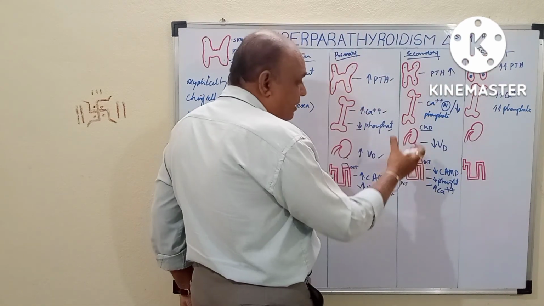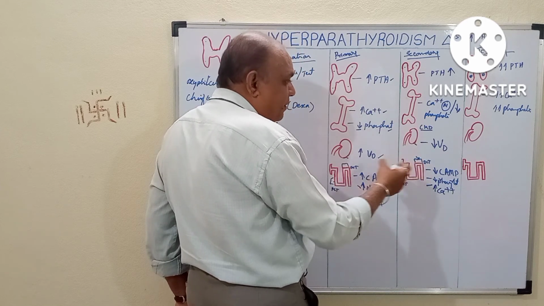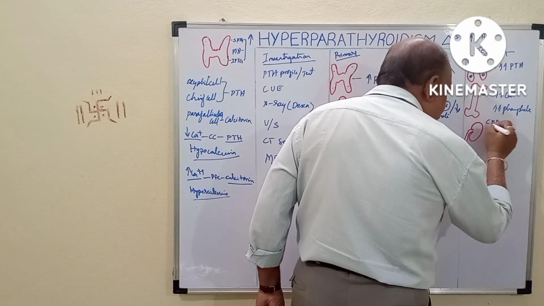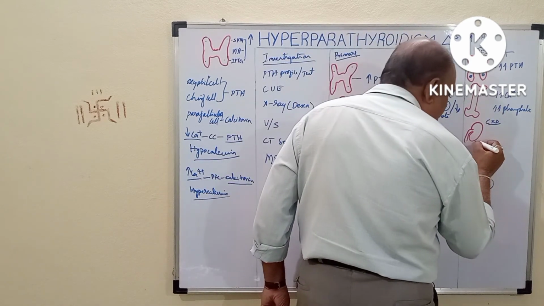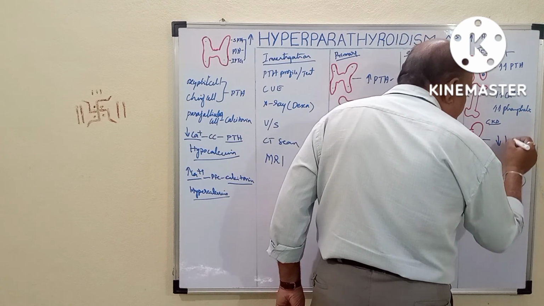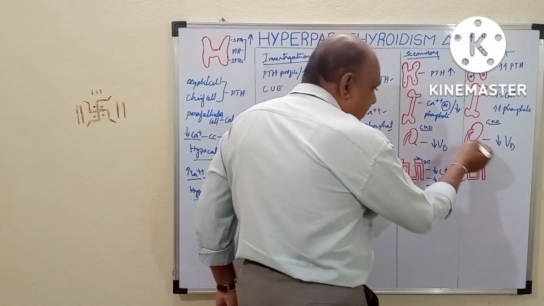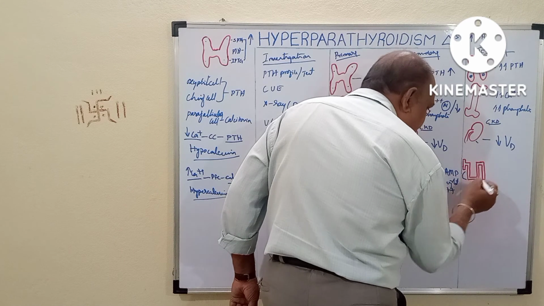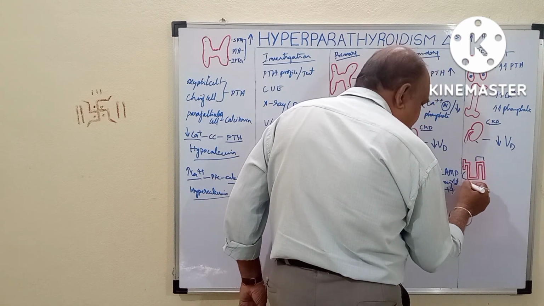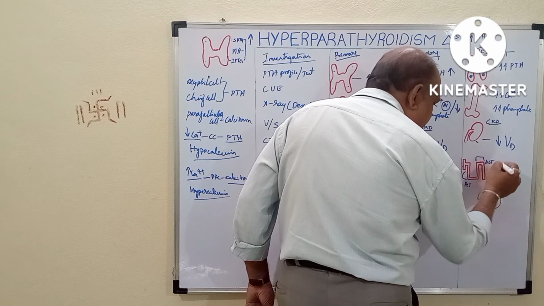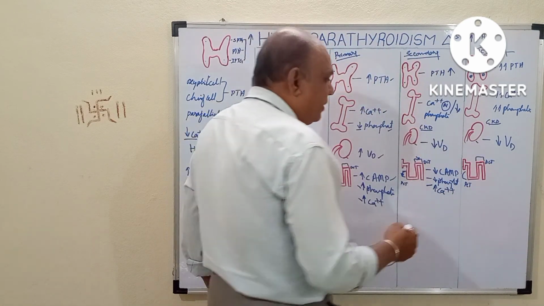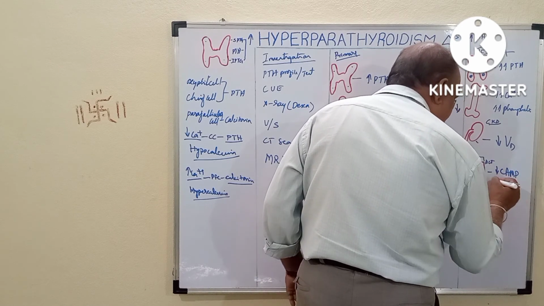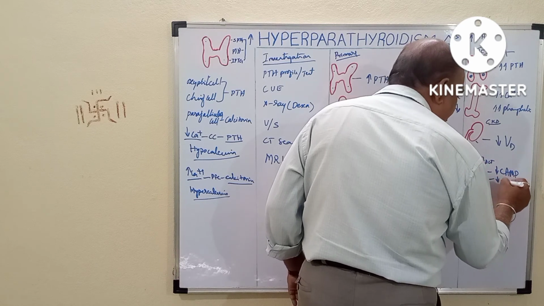Now as we know, the secondary hyperparathyroidism has prolonged and shifted into tertiary. So the severe chronic kidney disease, CKD, will continue. So what will it do? There will be low vitamin D levels, and because the kidneys are not functioning properly, the nephron will not function. So the cyclic AMP in the proximal convoluted tubule and the distal convoluted tubule, the secretions will not perform. So that will decrease the cyclic AMP level with decreased phosphate level